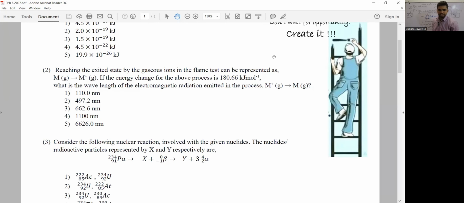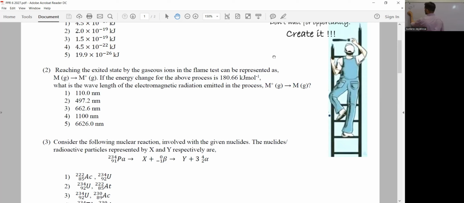Okay, reaching the excited state by the gaseous ions in the flame test can be represented as M gas goes to M plus gas, where M is a metal. So don't worry about this flame testing and any other thing mentioned here. They'll all be there in your theories in later lessons. Okay, just focus on the